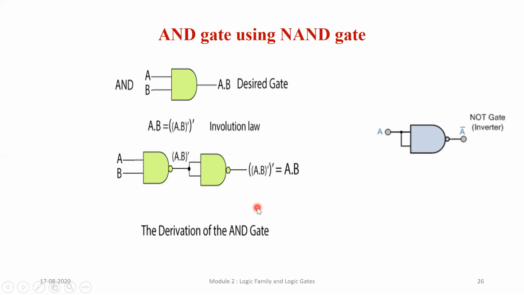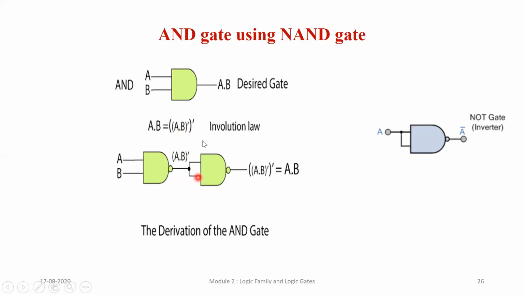So this is very simple. I will use two NAND gates. First, I find the simple NANDing operation, and then I add an inverter. How do you decide this? You decide it using the involution law, which we already studied as one of the laws of Boolean algebra. A complement's complement is A. Instead of A, I have A dot B, so A dot B complement, and its complement. First I do the simple NANDing operation, and the second one is the inverter operation.